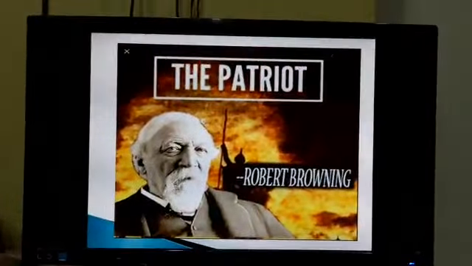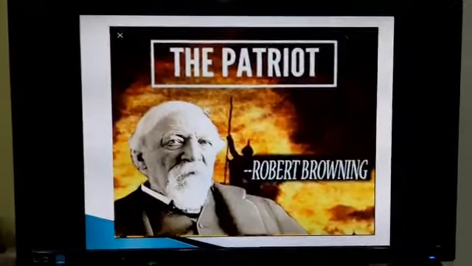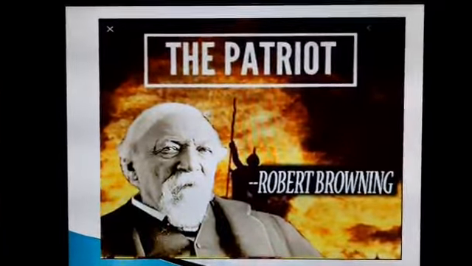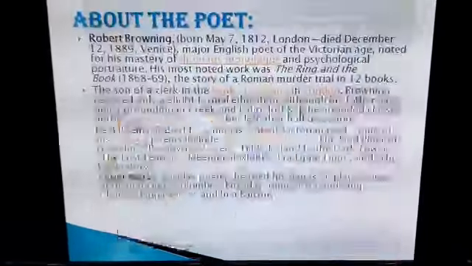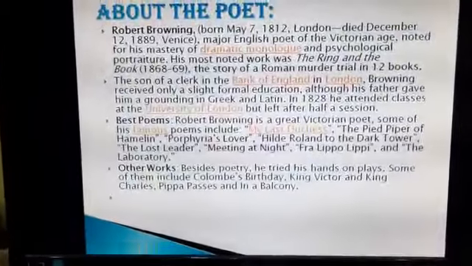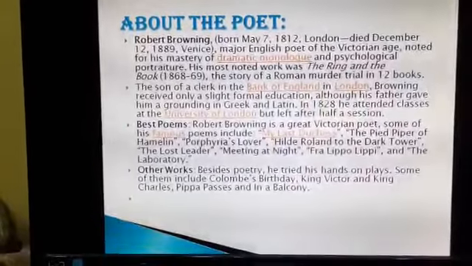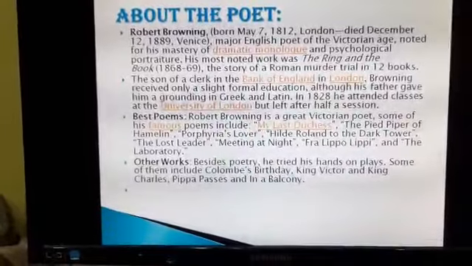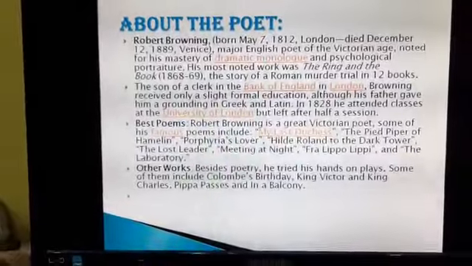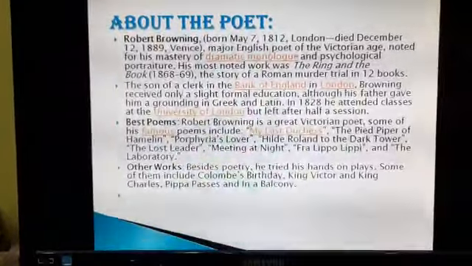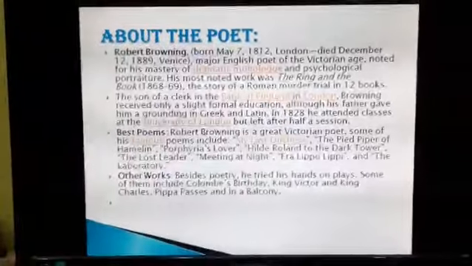In today's class, we will start with a poem titled The Patriot by Robert Browning. About the poet, Robert Browning was born on May 7th, 1812 in London, and he died on December 12, 1889 in Venice. He was a major English poet of the Victorian age, noted for his mastery of dramatic monologue and